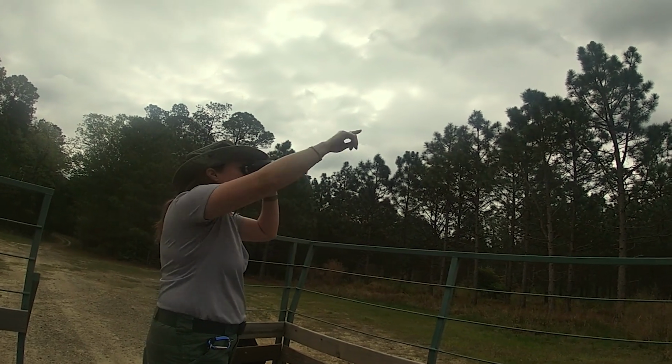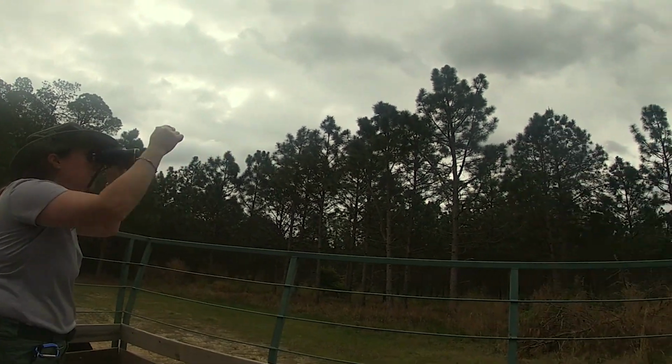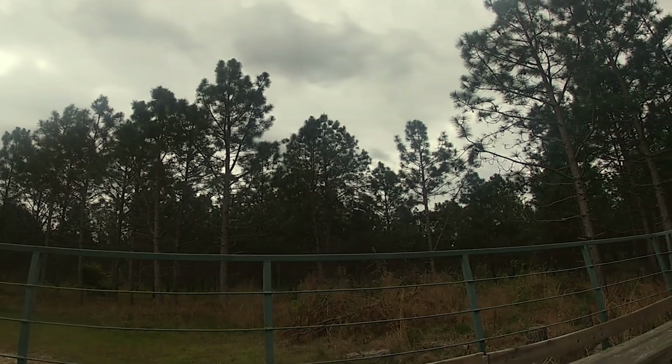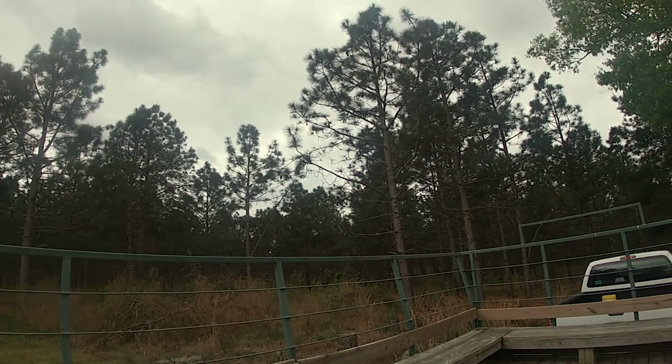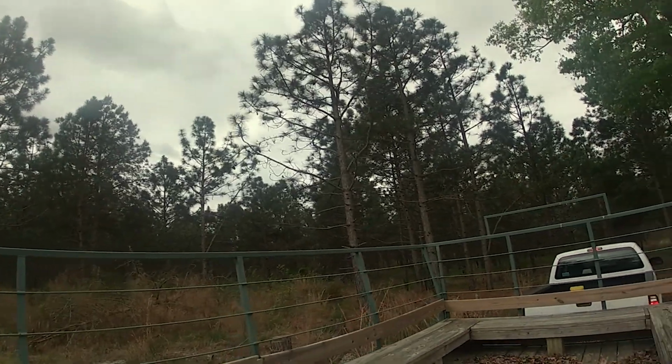And I don't know if you can see, but way over there I see some older, larger trees. I want to check them out. Let's go a little bit further and let's see if we can find those old,